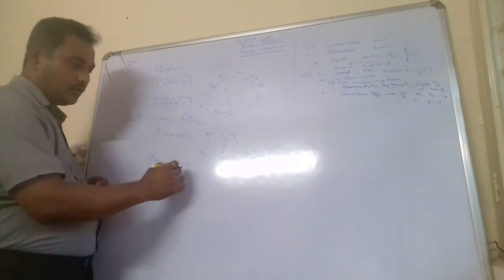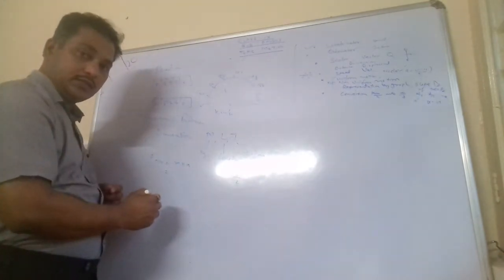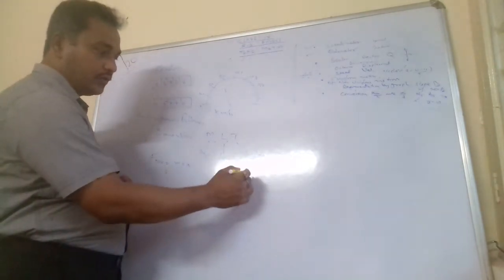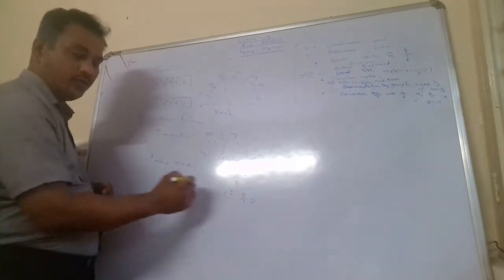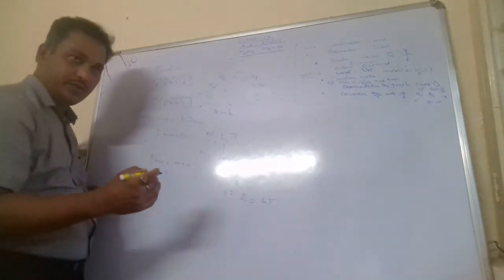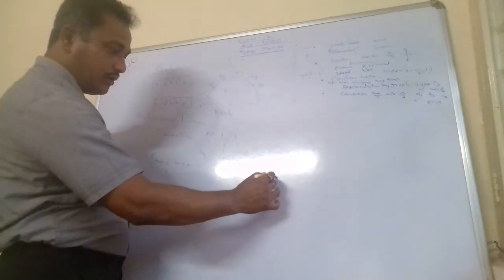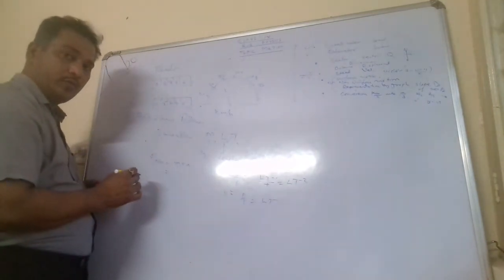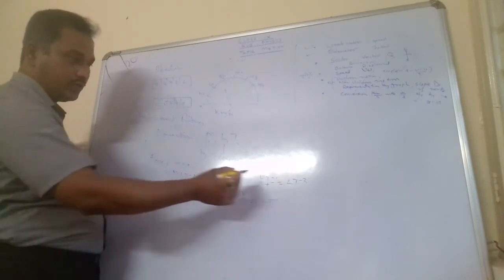So for mass M, and what is acceleration? It is the rate of change of velocity. So v by t is the acceleration, and for the velocity, you are aware that it is distance upon time. So the dimension for the velocity will be distance, that is L, upon time, that is T. L T to the power minus 1, when it comes from the denominator to the numerator you put a minus sign. Similarly, acceleration will be equal to L T to the power minus 1 upon T, which will become L T to the power minus 2. Now we put it in the formula of force, it will become M for mass and L T to the power minus 2 for acceleration.